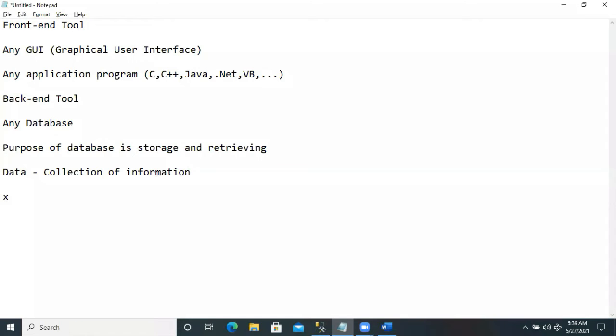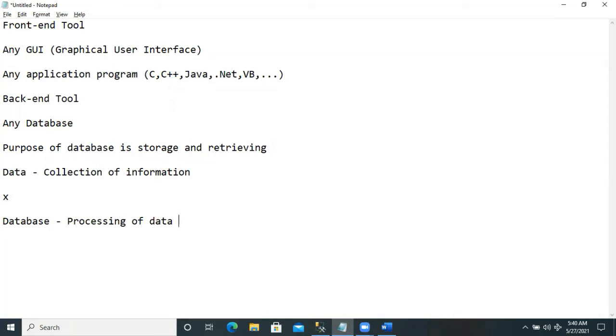Like X is a person. Here I'm collecting information about the person called X. Next, I'm planning to meet him. Where should I meet? How do I explain things to X? How can I get the result from X? That planning, that sketch, that process is called the database. In simple words, information gathering about a particular object is called data, and processing of data is called the database.